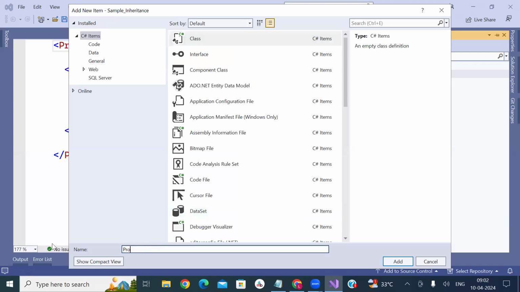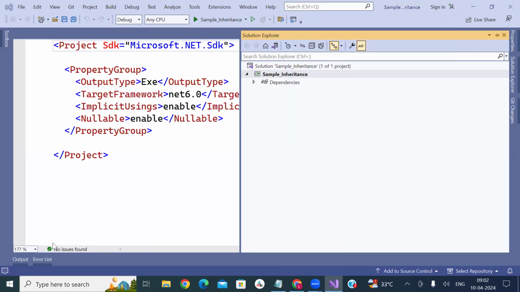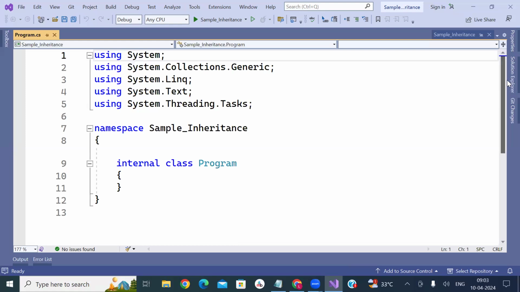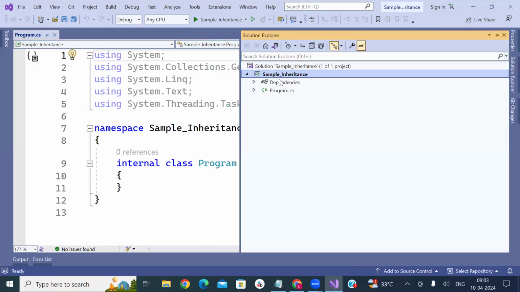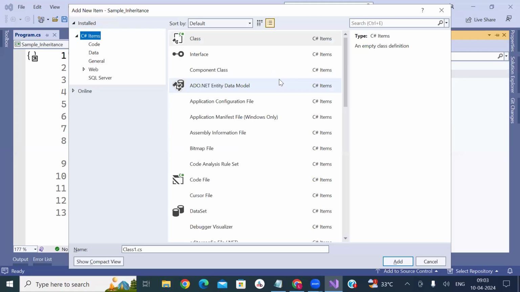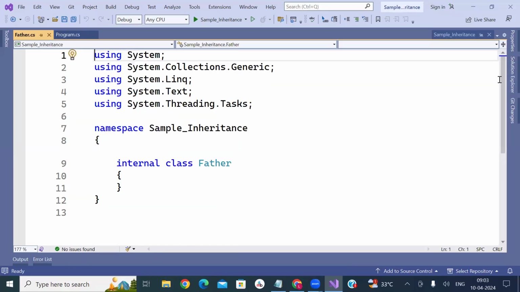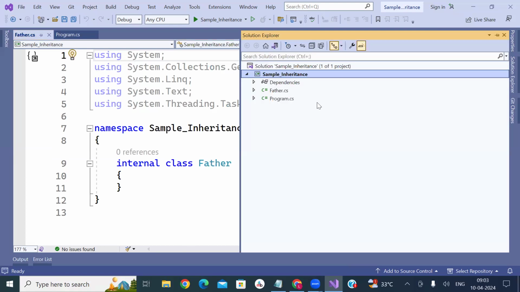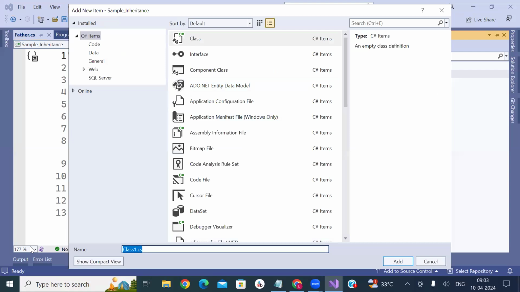I create a program class. And I create a father class and a child class.